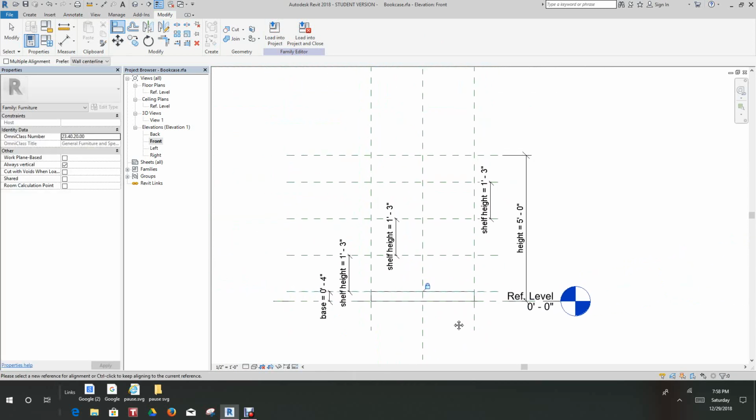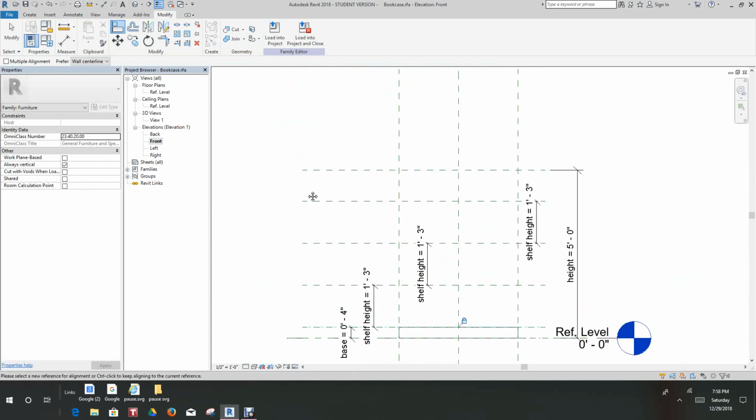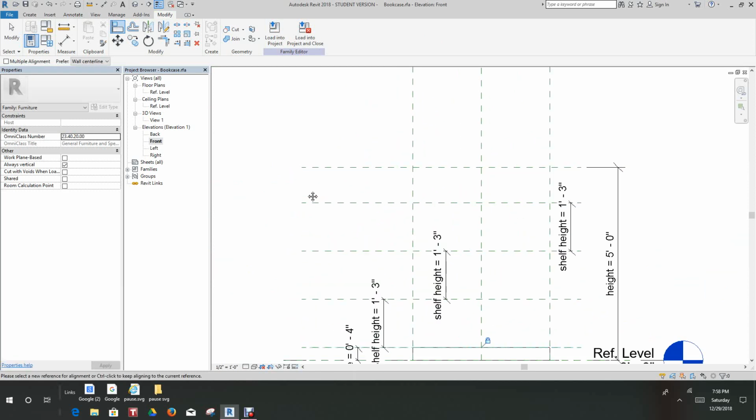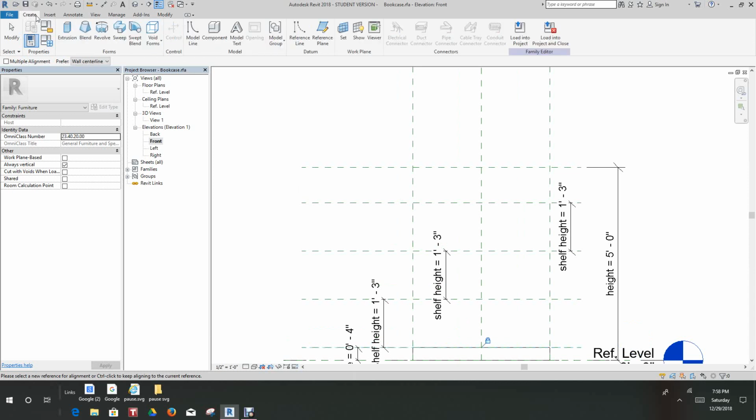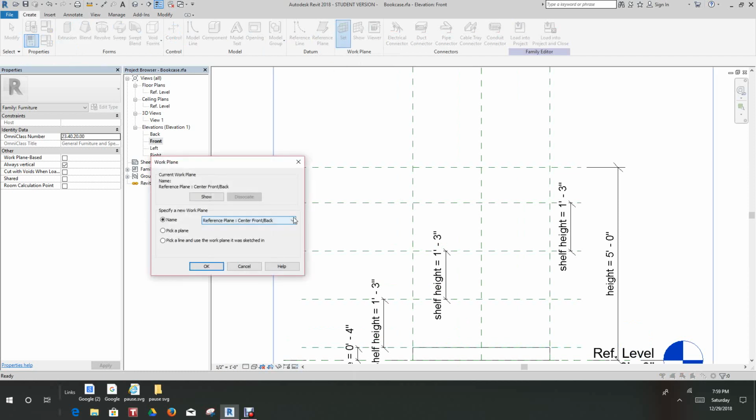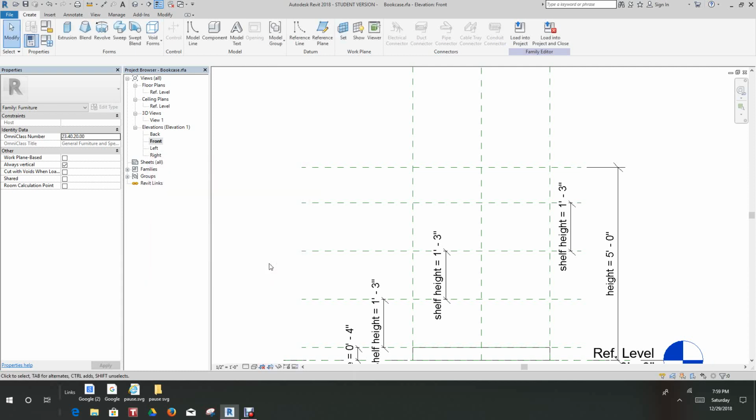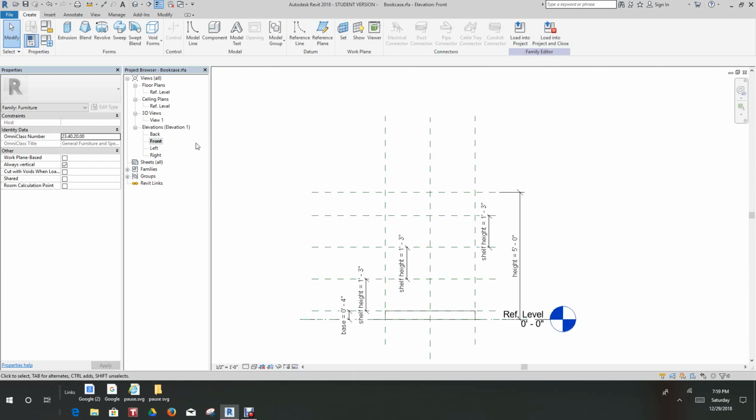So now what we want to do here is we want to create the frame and shelves for the bookcase. So we're going to go to the create tab, and we want to select set work plane. And so now in the work plane dialog box, we want to set it to name, and we want to go down to that door face that we created earlier. We'll select OK. So now we're on that plane. So we want to start extrusion,